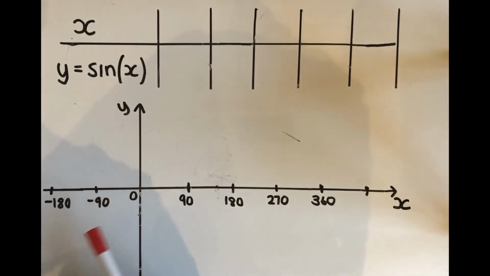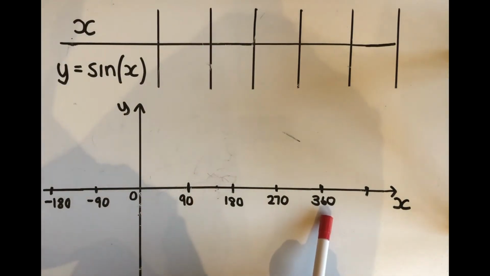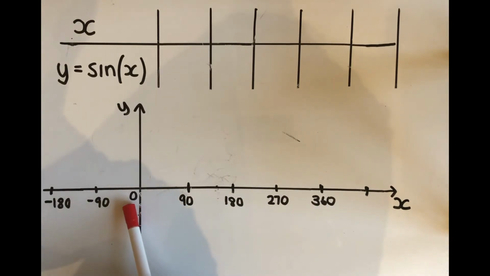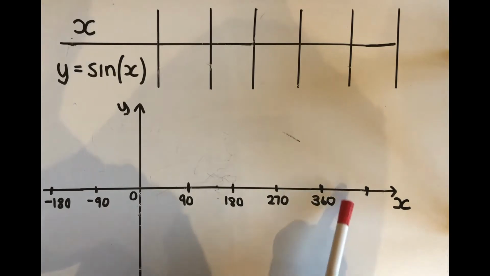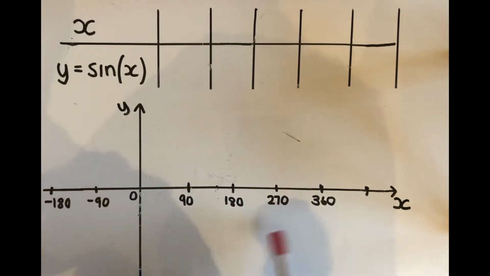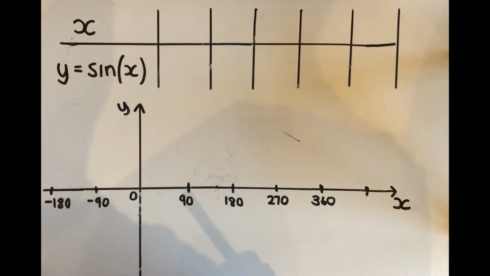The question will say something like, draw the graph of y equals sine x for x values between 0 and 360. It would probably expect you then to know that you need to go up in increments of 90, 180, 270, 360. So we're focusing in on this part of the graph. So to draw it,